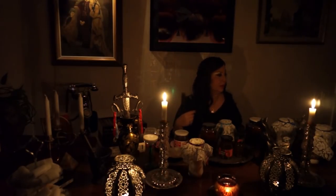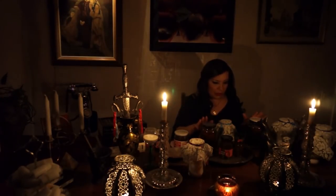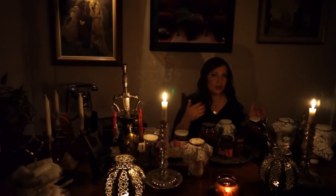I have space in the basement, so they are there doing their job. And well, when to do spells, when to create these lemon jars? The full moon night is the best night to do this kind of magic. And the days of the week that suit this kind of magic are Tuesdays and